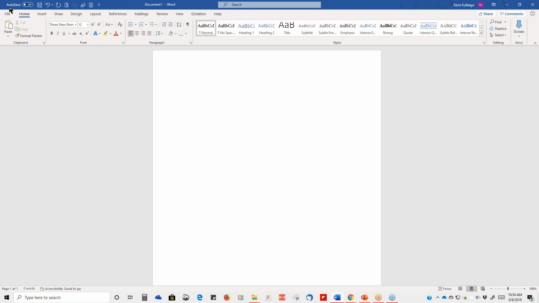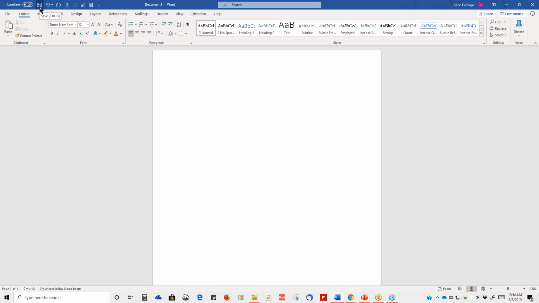This AutoSave Off is the one associated with OneDrive. If you have turned that on, it will automatically save your documents to OneDrive as you're typing. You can talk more about that later, or you can play with that yourself. But the Quick Access Toolbar